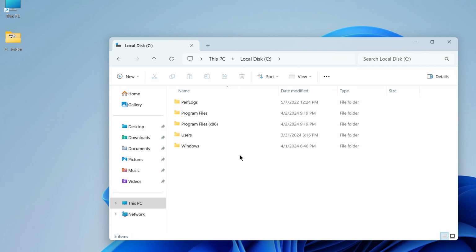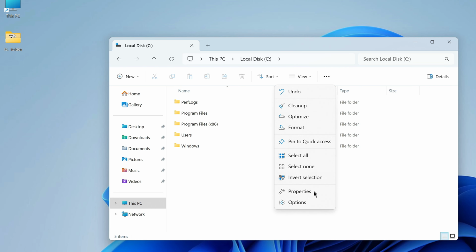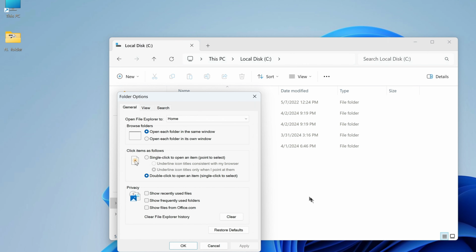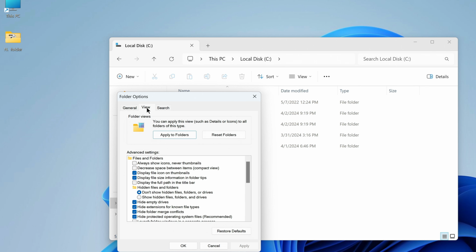and files. To do this, click the three dots icon at the top of the window, go below, and select Options. In this window you need to open the View tab. Here we need to find the line, Show Hidden Files, Folders and Drives, and click on it. Click Apply. OK. Yes, now we see the hidden Program Data folder, and if you still need it, you can